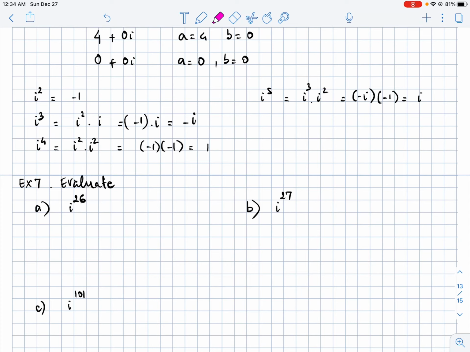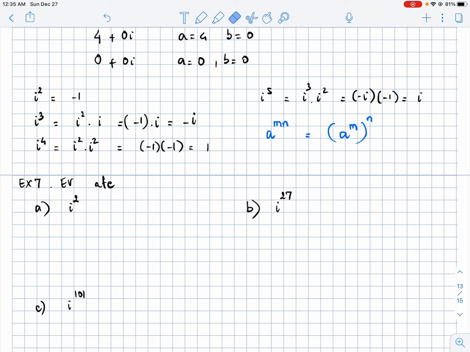I have 26, which is even, and I also reviewed the algebra that I learned before. So we know that we have a, b, for example. So I'm going to use m and n. If I have a to the power m times n, then I can write it as a to the power m, and then to the power n, like that. So 26,